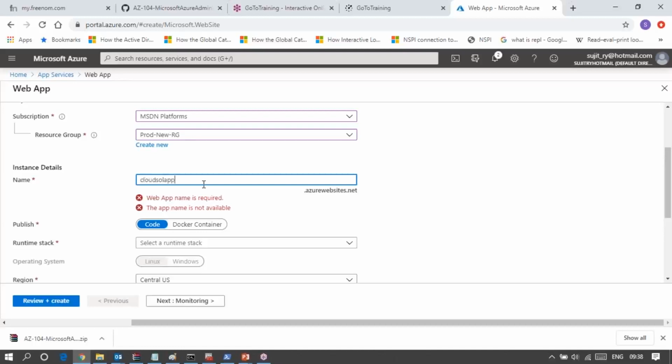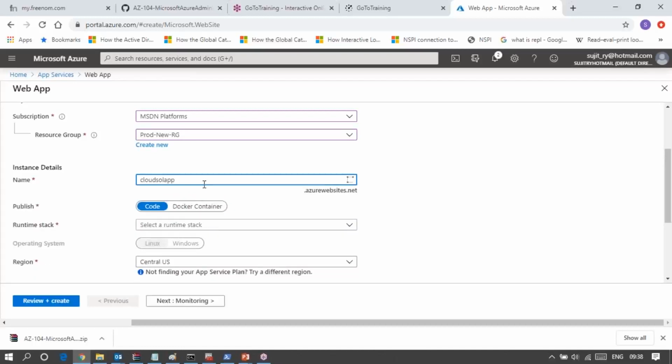Cloud Sol app. I think that will be available. Yes. So Cloud Sol app. The full name is cloudsolapp.azurewebsites.net. So this is the default DNS level name, you can say, or fully qualified name, that is publicly available. After creating this web service, I can access my web service using this fully qualified name,